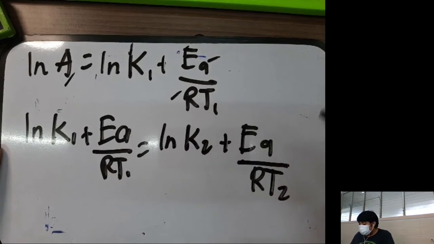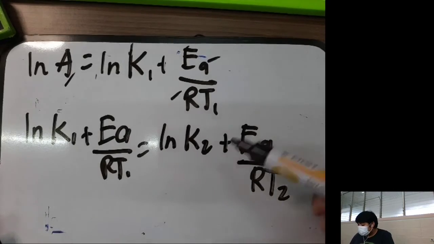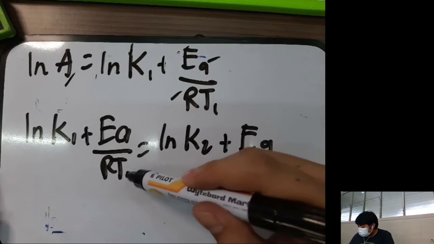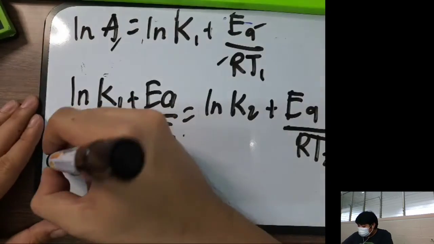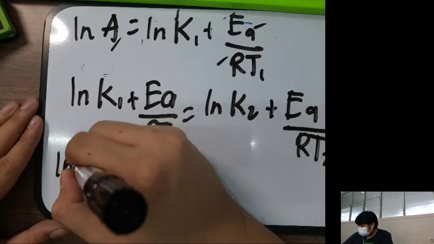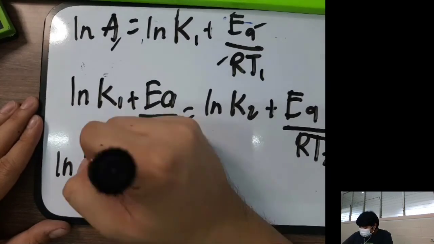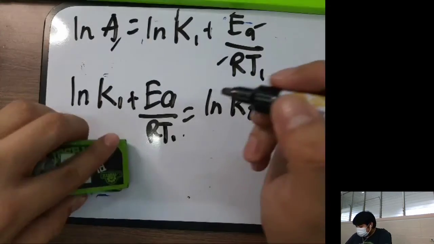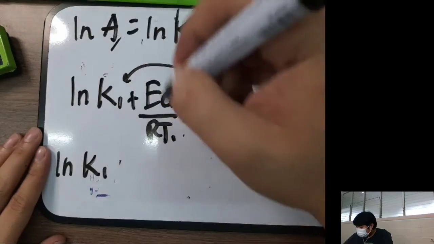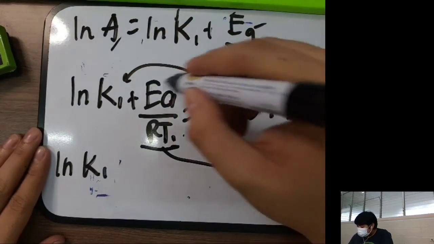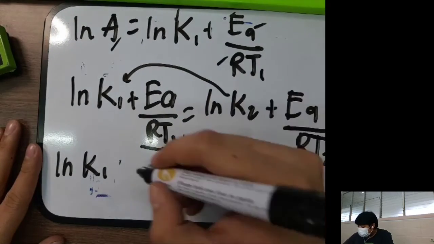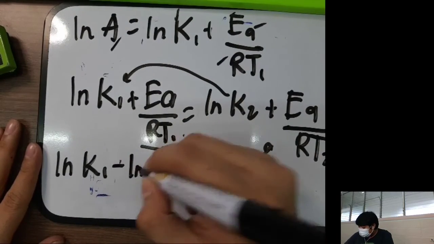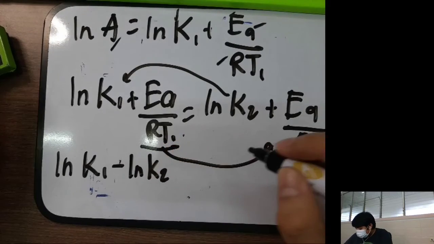Then we manipulate the equation such that all the ln k's are on one side and all of the temperatures are on the other side. So our resulting equation will be, this one will go here. So their signs will change. So from positive it will become negative. So ln k1 minus ln k2 is equal to